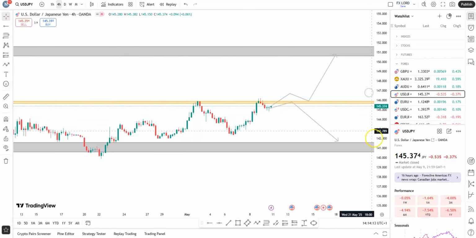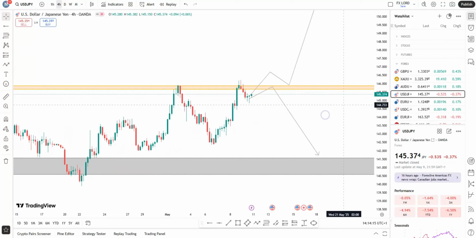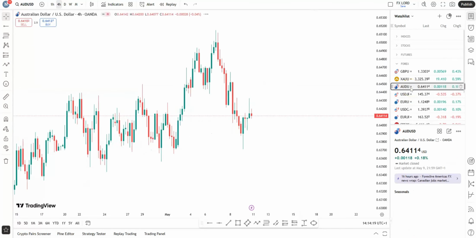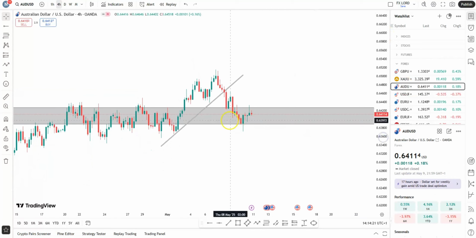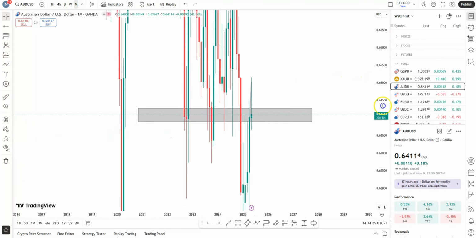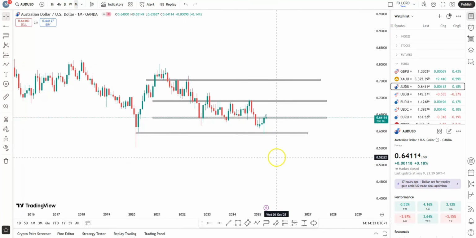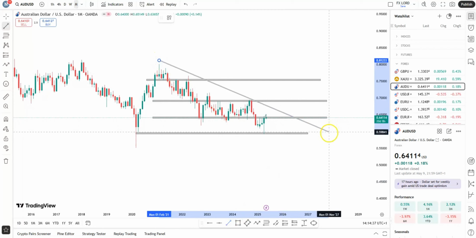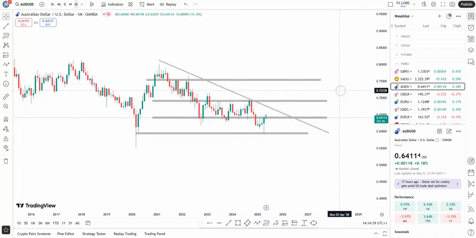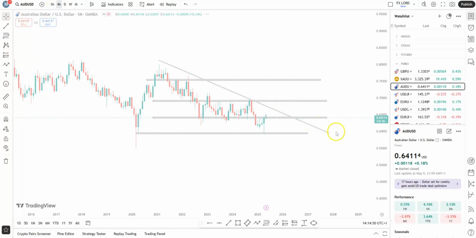So we are going to move to the next pair. The next pair we are going to be looking at is the AUD USD. So AUD USD right now, let's go to the monthly time frame first of all to see what has been going on. AUD USD is on a bearish trend, right? So if I go back to my 4 hours time frame,